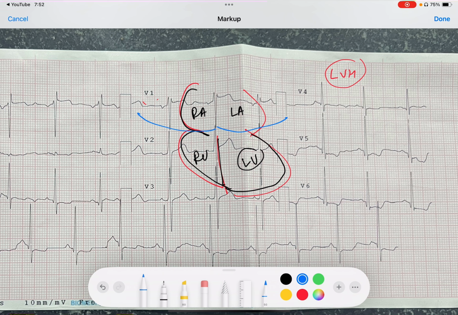So this will be chest. This will be basically nipple side, or nipple. So when we place these leads, we place V1 here, V2 here, V3, V4, V5, and V6. So this is how we place leads. That is the reason why we get a very strong R wave in V5, V6, because there is a large left ventricular mass here. Whereas in V1, V2, a very small mass of LV will be there.